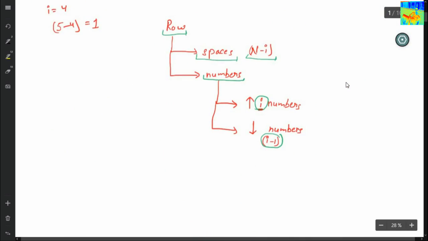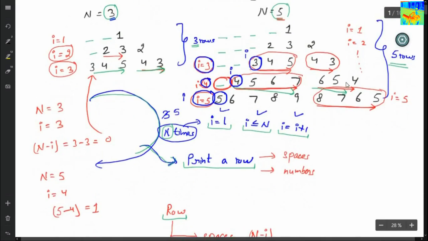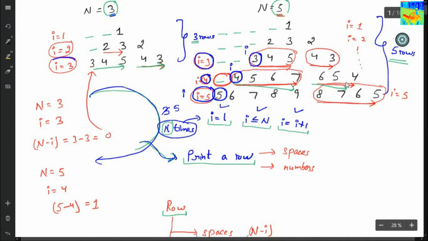So I have to print i increasing numbers starting from i. And similarly, if the value of i is 3, what is my first decreasing number? My first decreasing number is 4. That is 2i minus 2. If the value of i is 2, my first decreasing number is 2. That is 2i minus 2.